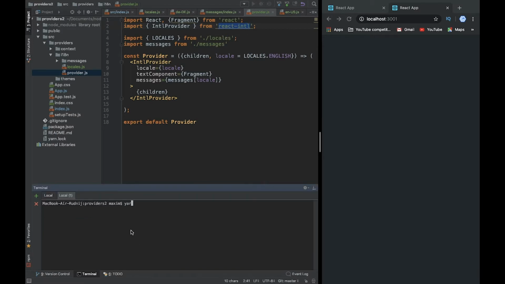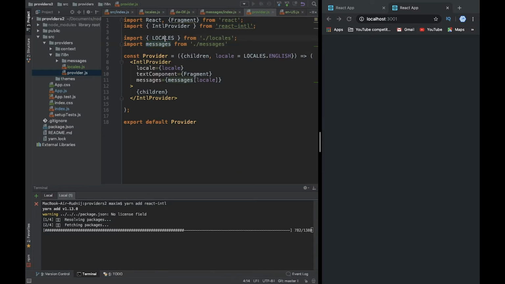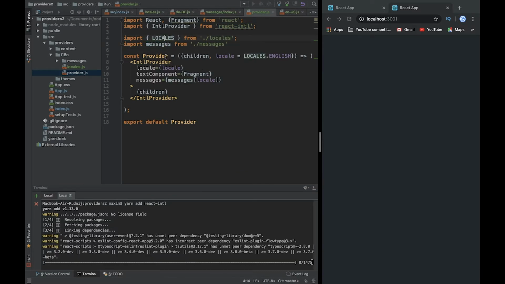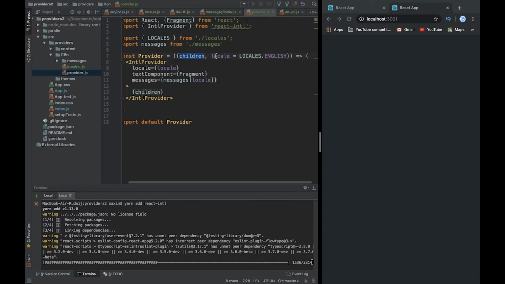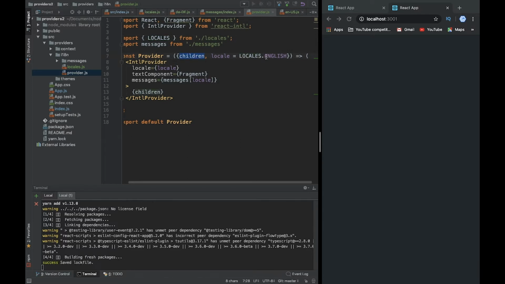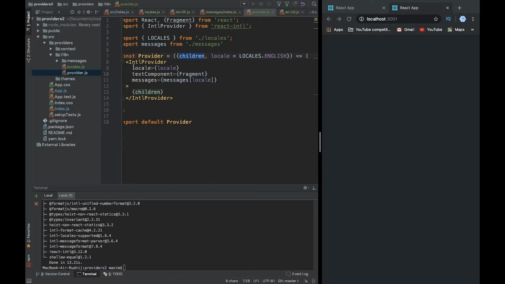Let's go here and add library. And what do we have here? We have the same messages, we have the same locals, and we have provider. So it receives children, and the default provider will be English, it's the default language, and then we pass local,